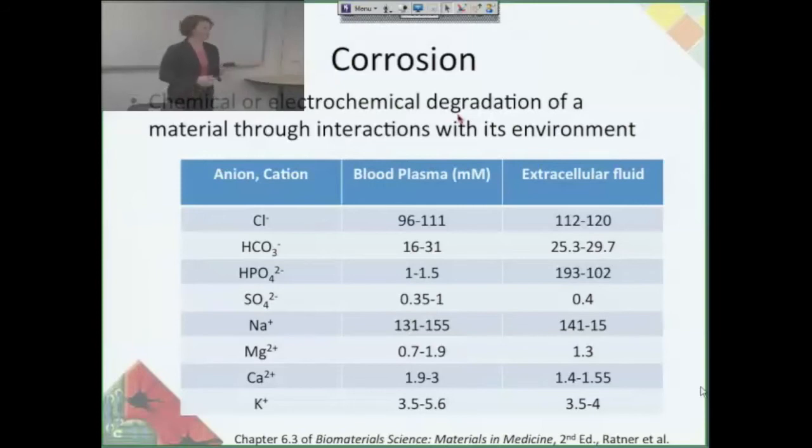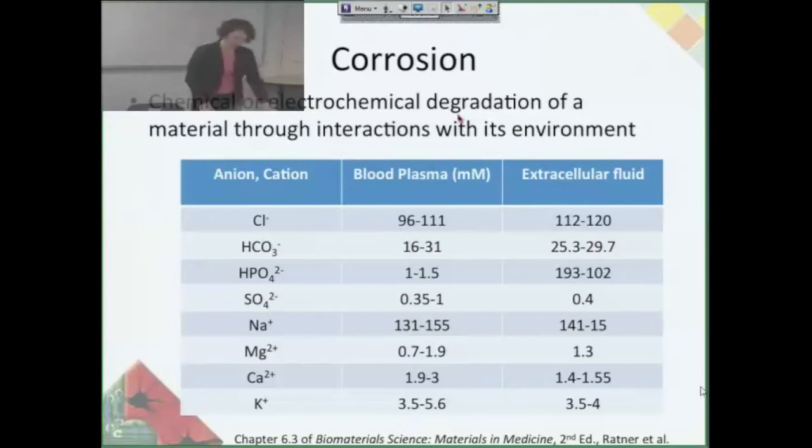So these are some of the concentrations of the ions that you have in blood plasma and extracellular fluid. And as you might expect, they're extremely high. And of course that changes depending on where the material is going to be implanted. And you also have a lot of proteins in the blood and plasma, and you have a lot of cells there. So all of these things are going to interact with the metal and degrade it